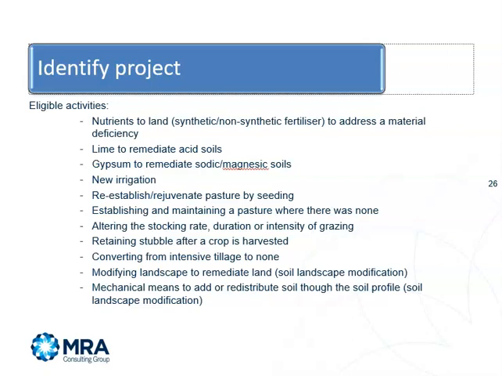The soil carbon methodology allows for the following activities: nutrients to land, synthetic or non-synthetic fertilizer to address a material deficiency, lime to remediate acid soils, gypsum to remediate sodic or magnesic soils, new irrigation, re-establish, rejuvenate pasture by seeding, establishing and maintaining a pasture where there was none, altering the stocking rate, duration, or intensity of grazing, retaining stubble after a crop is harvested, converting from intensive tillage to none,